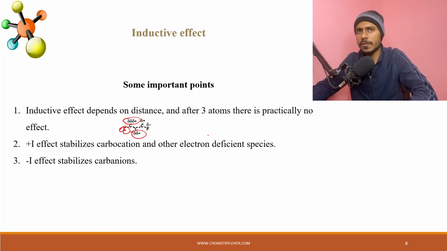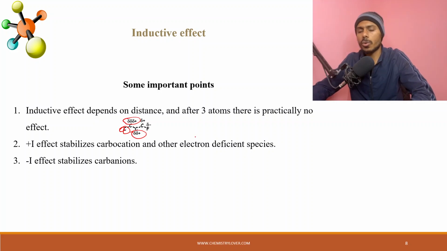And also, inductive effect is not very much powerful. We will see that resonance is much more powerful. And the last two things which we have to remember is, because plus I effect means it is pushing electrons, whenever you have a group with plus I effect, they will stabilize electron deficient center like carbocation or carbene,